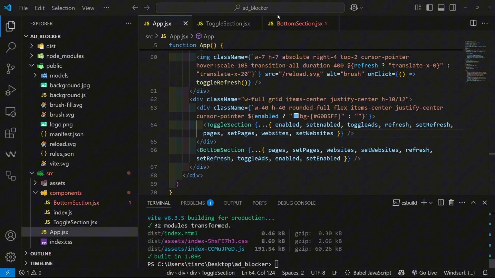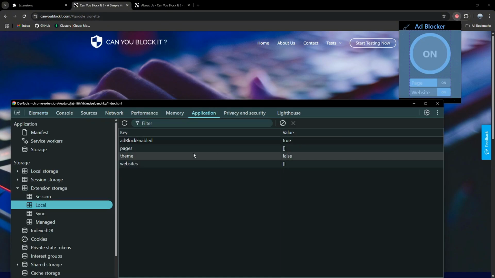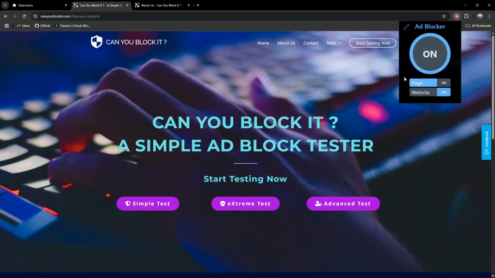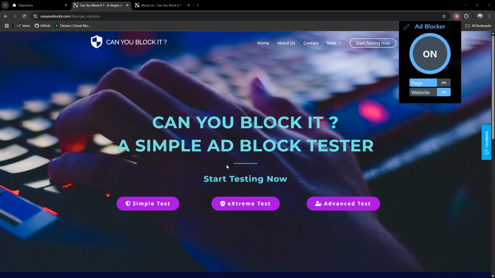And let's check it one more time. So update, let's turn both of these off, turn this back on, refresh, and let's take a look at our saved. So we can see that there's no websites. If we turn it off, we have the domain, but then if we turn it back on, it's gone from the array. And now that we're done with the full Chrome extension, we're going to move on to Three.js